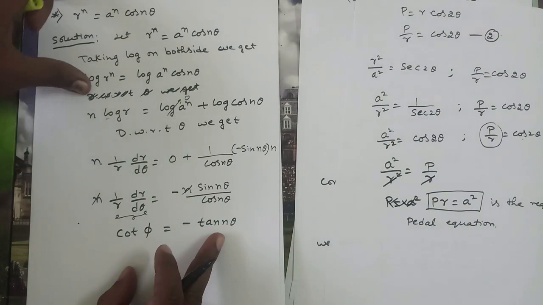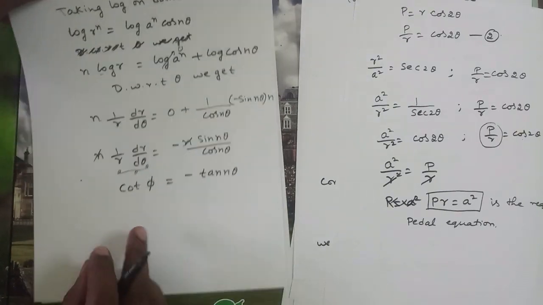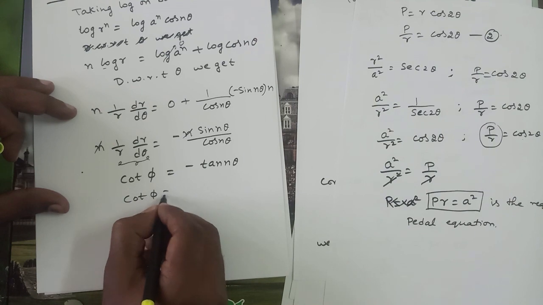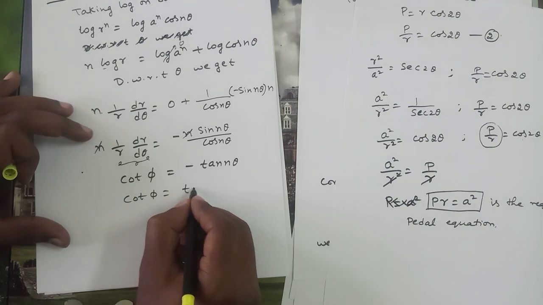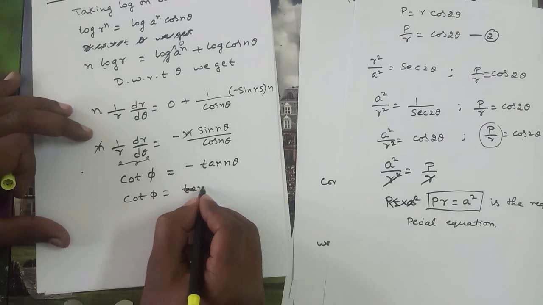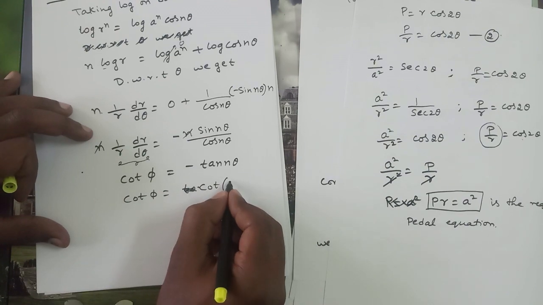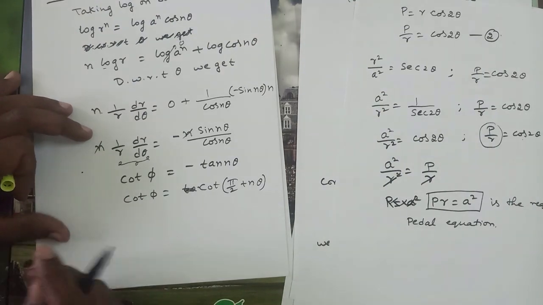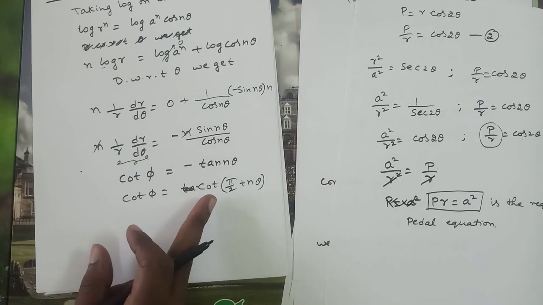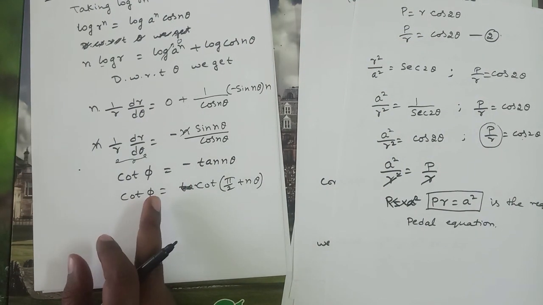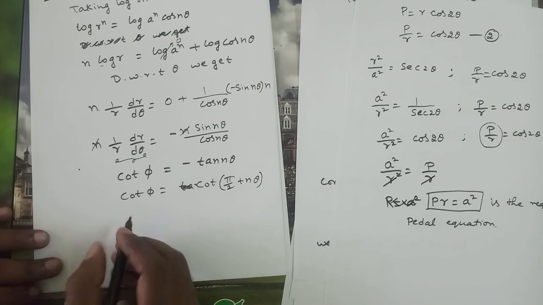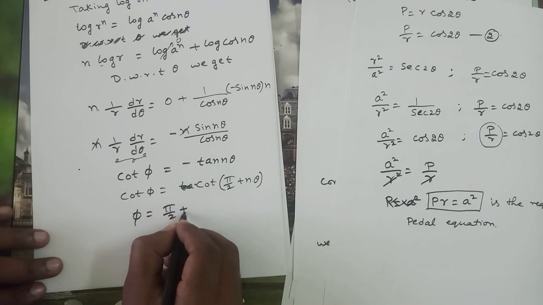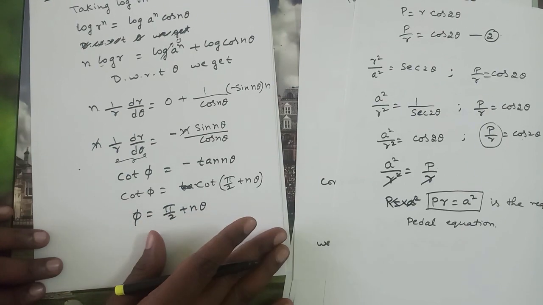So this can be written as cot phi equals cot of pi by 2 plus n theta. So cot of pi by 2 plus theta is minus tan theta, so use that one. So what do you get? Phi is equal to pi by 2 plus n theta. Now